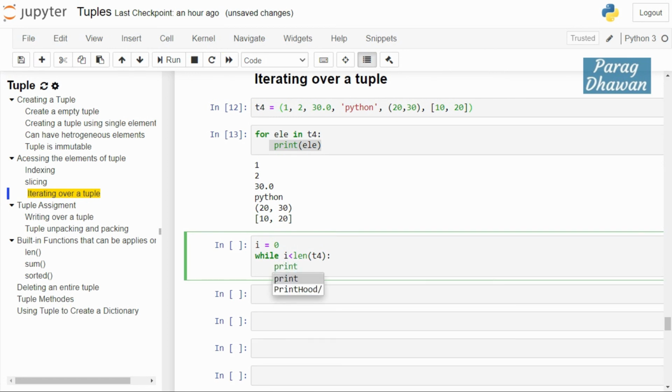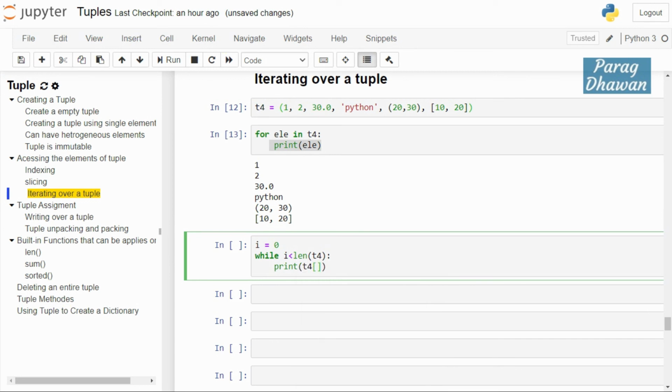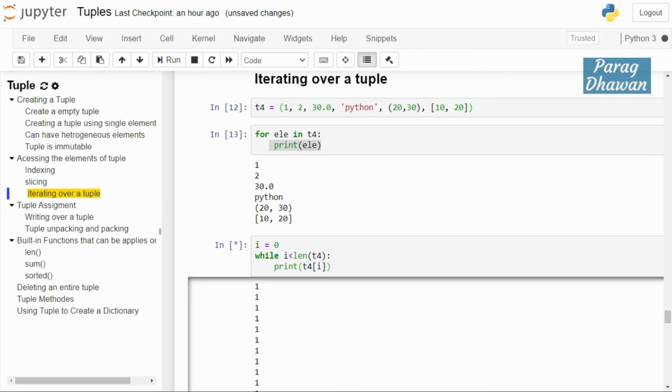In this case again we are printing the value which is present in T4 of i. Click on the cell, run the cell. You can see, okay, here I missed a part.